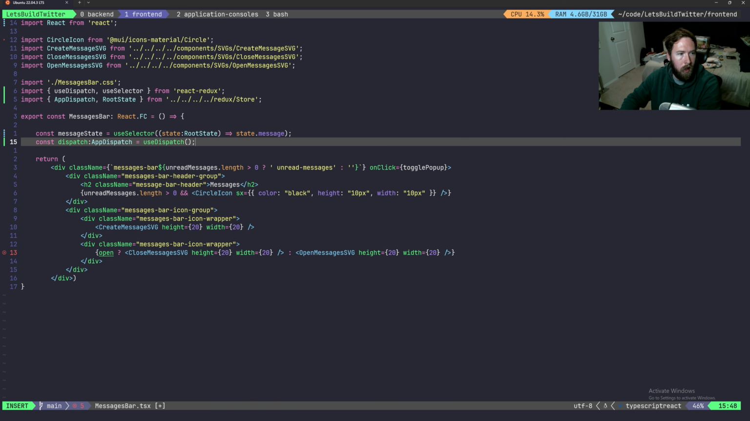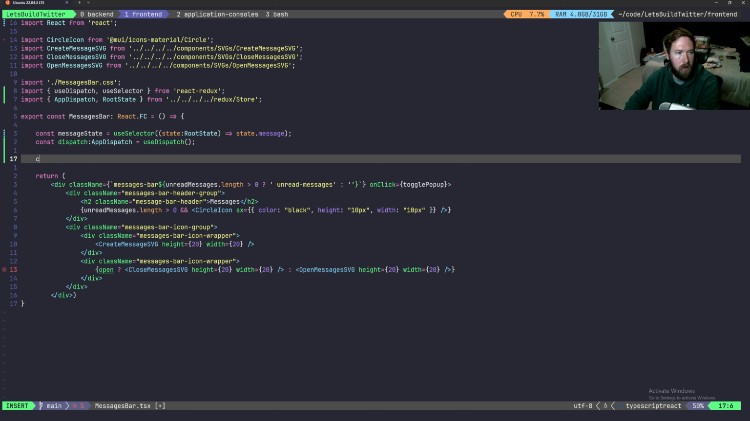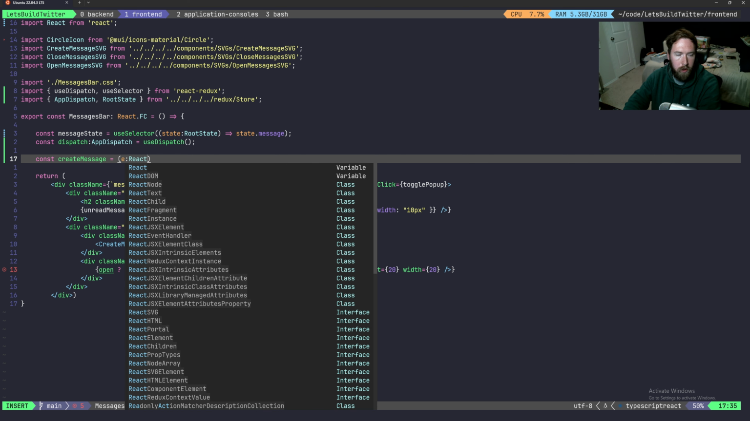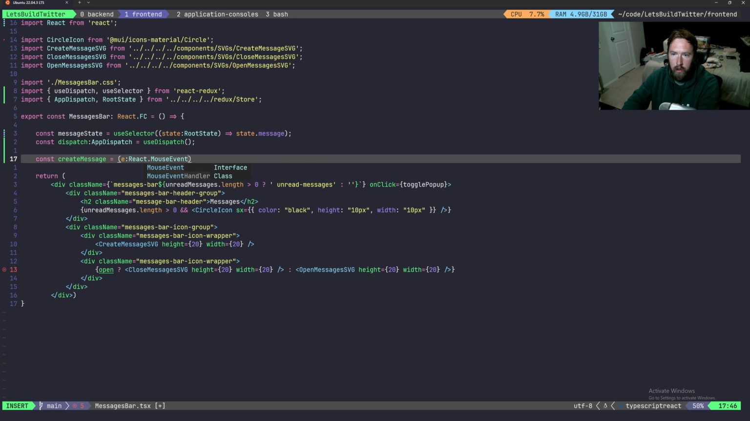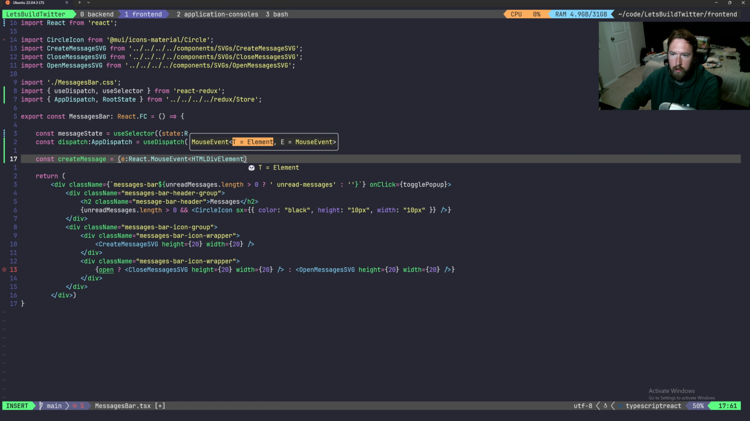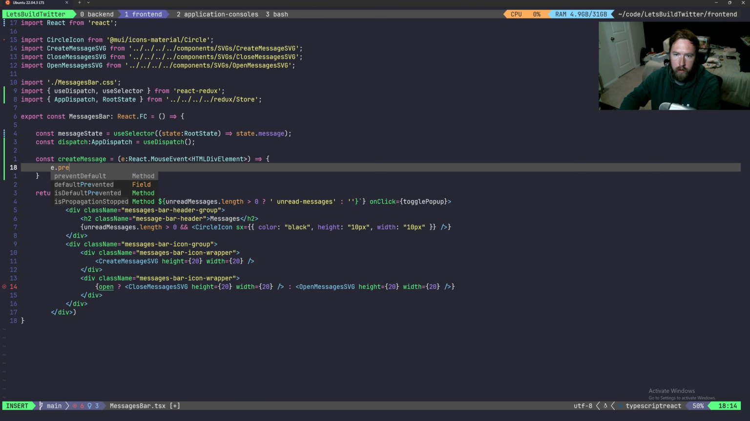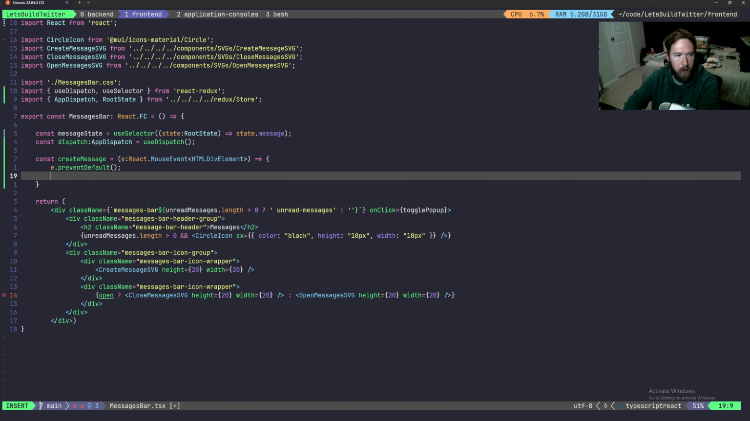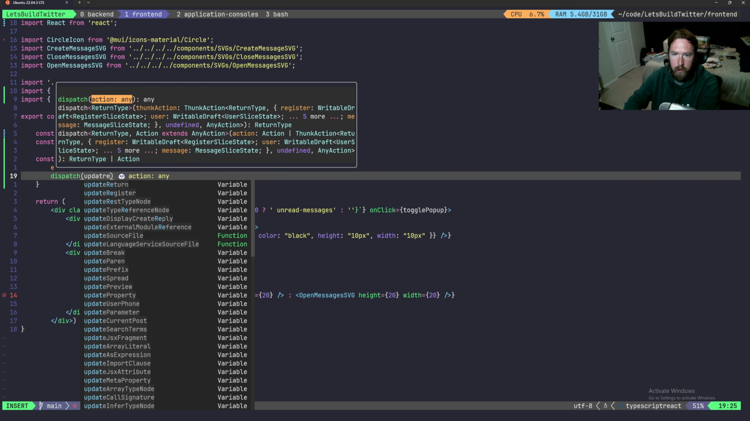And then we can go ahead and we need to create a couple of functions here to change this. So const create message. This is a little bit misleading. This should probably be called like open create message or something, but this will be React mouse event on an HTML div element. And here, what we'll go ahead and do is we're going to e.preventDefault. That way we don't just basically open it. We'll just say dispatch, and we're going to go ahead and dispatch update